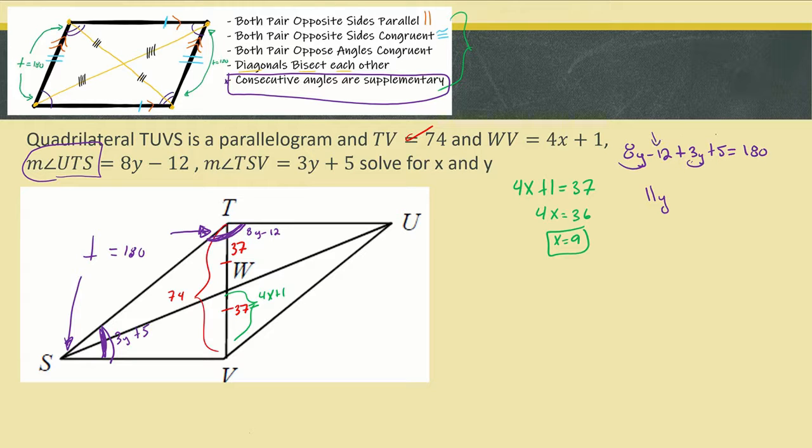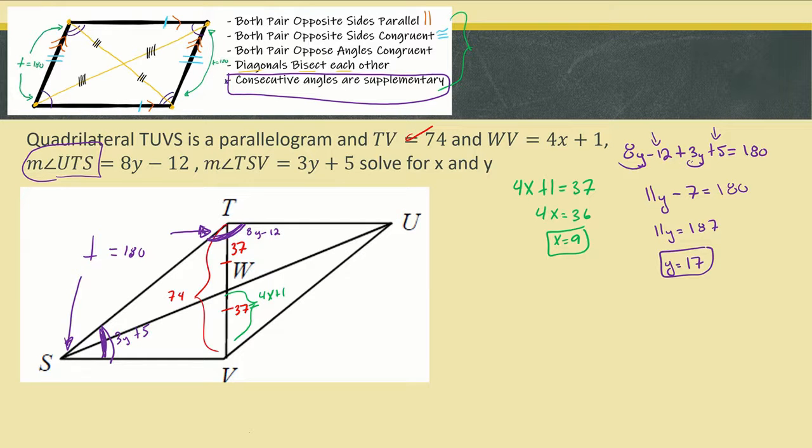And then we have a negative 12 and a positive 5, which gives us negative 7. And then that equals 180. And so then we have 11y equals 187. And so 187 divided by 11 gives us